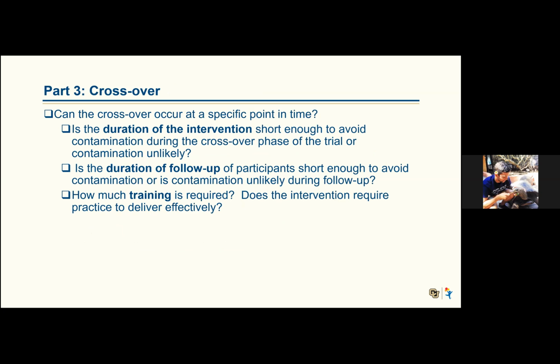And also the duration of follow-up needs to be fairly short or contamination unlikely, so that, again, as you're following up patients in the control arm, what you're doing for patients in the intervention arm isn't likely to contaminate their